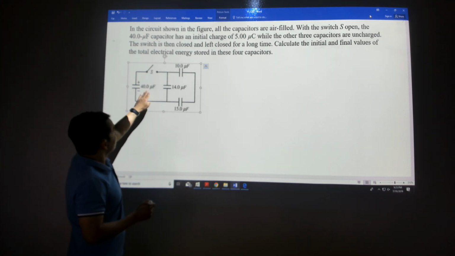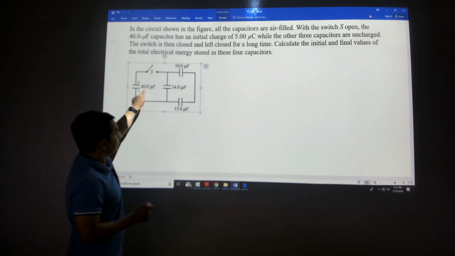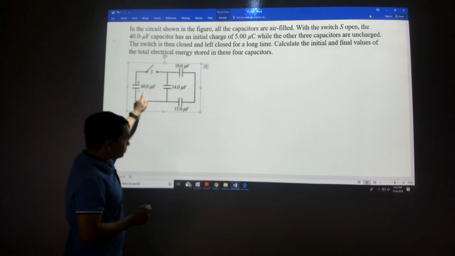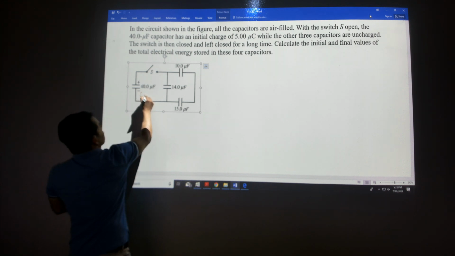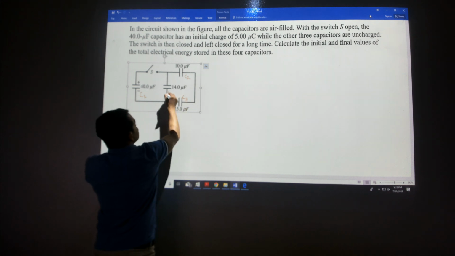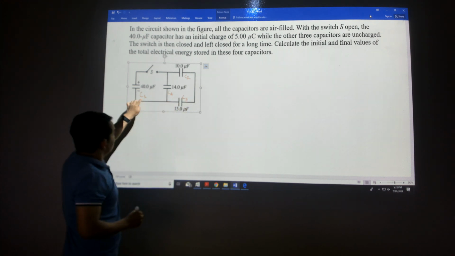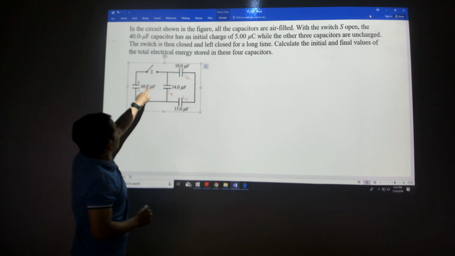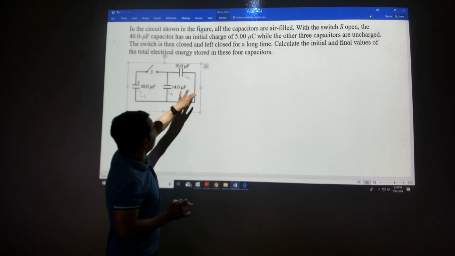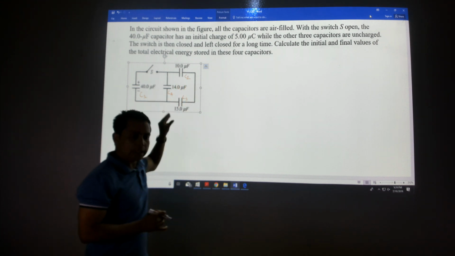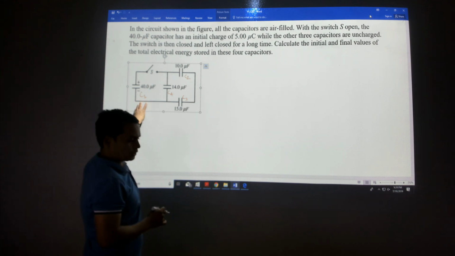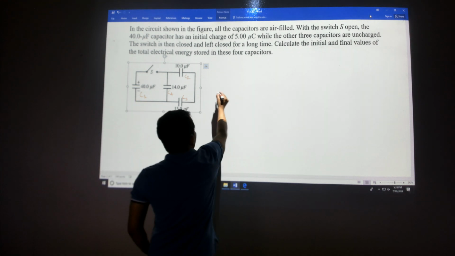So let's talk about this capacitor. I'm calling this capacitor C1, and let's call the others C2, C3, and C4. This capacitor has the charge. So what is the initial system? These capacitors are initially all uncharged, so the only energy stored in the system is on this capacitor. So the initial charge